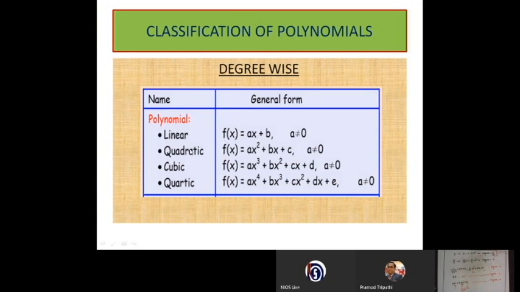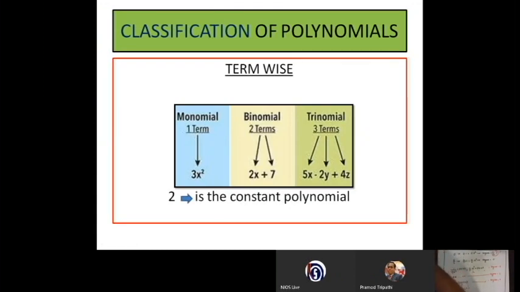For example, if we take another example, x plus y, or the earlier example, in the case of a trinomial, 5x minus 2y plus 4z. There are three variables here: x, y, and z. What do we see here? The exponent of x is 1, the exponent of y is 1, and the exponent of z is also 1. So in each case, the degree of the term is 1. What is the degree of each term? 1, 1. Hence this trinomial 5x minus 2y plus 4z is a linear polynomial.